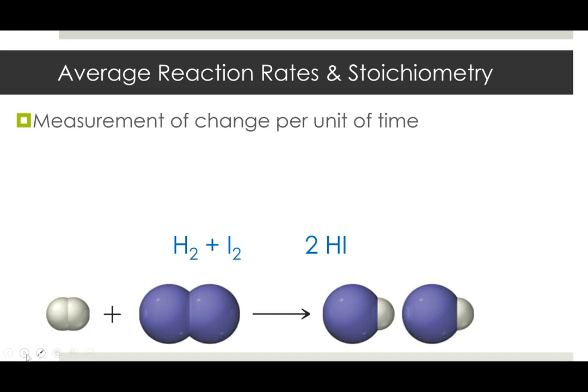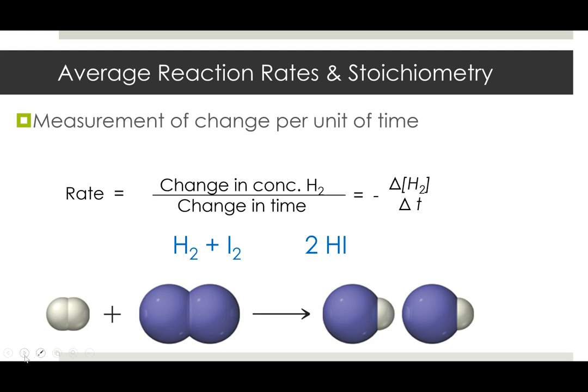So when we put these into our formula, we're going to put the stoichiometric coefficient as a fraction before this change in concentration over change in time. So the stoichiometric coefficient is going to be 1 over whatever the coefficient is. So for hydrogen, it would be 1 over 1. For this hydroiodic acid, this product here, it'd be 1 over 2. So we're going to put it as a fraction in front, and the number on the bottom of the fraction